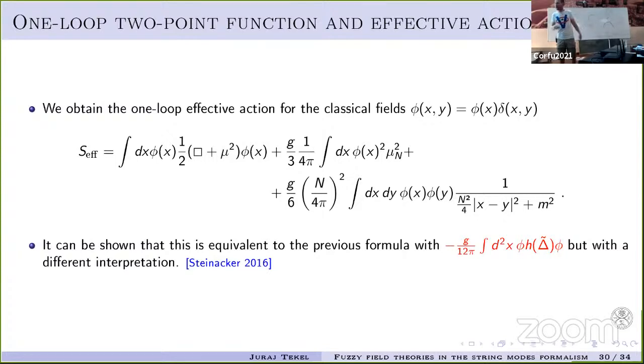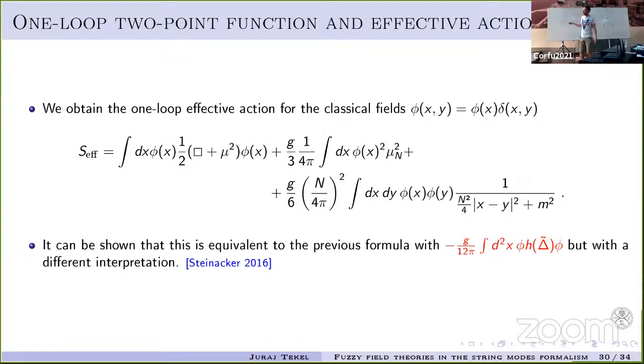So now you can calculate the one loop effective action for the local field phi x, and then take the commutative limit. What you obtain is this, which can be shown to give the same result as you got in the momentum basis calculation. However, the calculations are a little more transparent, and there's quite a clear interpretation. This term leads to the same effect as this term, which can be shown. However, here you can see what happens.